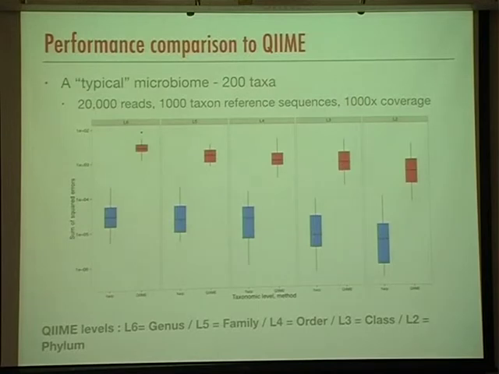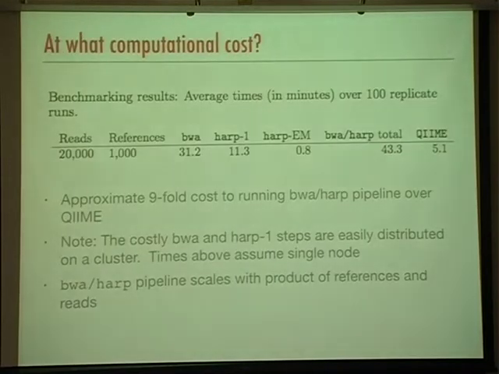Okay, so now we've got better accuracy, but at what cost? So the cost is about 9-fold. You can break up the steps in terms of how much time they take, and we have to spend more time doing the alignment of the reads, because we align all reads to all references, and then